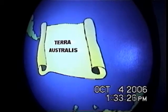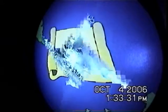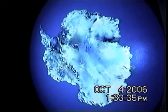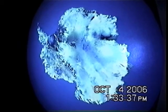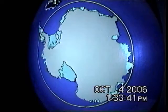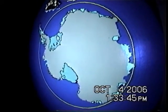Early explorers sailed through the Southern Ocean in the hope of finding the mythical southern land. The early Greek philosophers thought that the world was symmetrical, and therefore a southern continent had to exist to balance the weight of those lands in the northern hemisphere. When Captain Cook crossed the Antarctic Circle in 1773, he